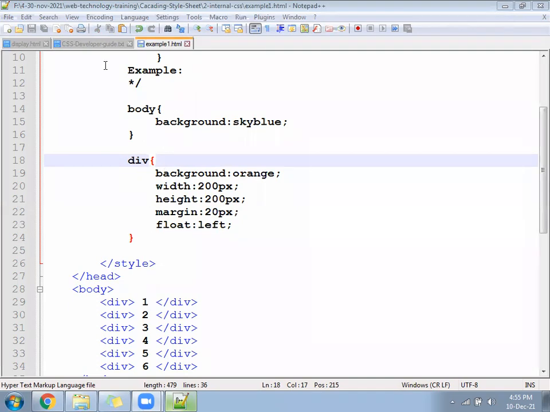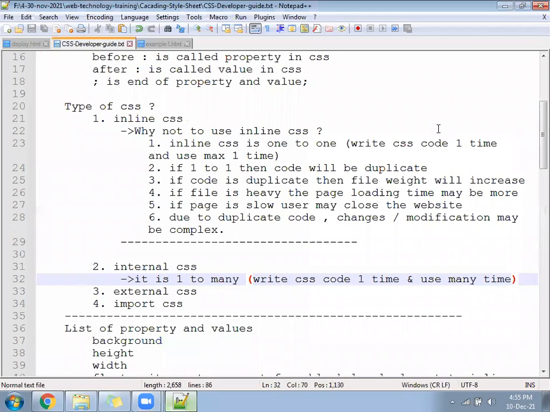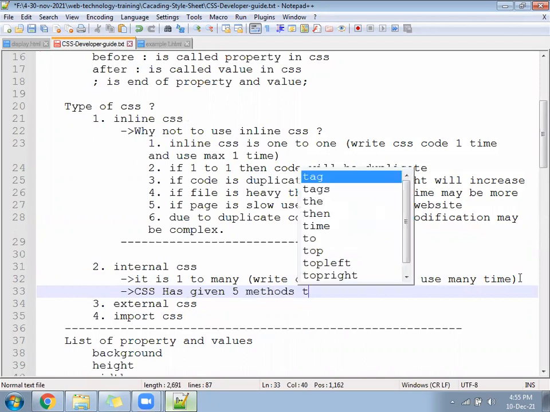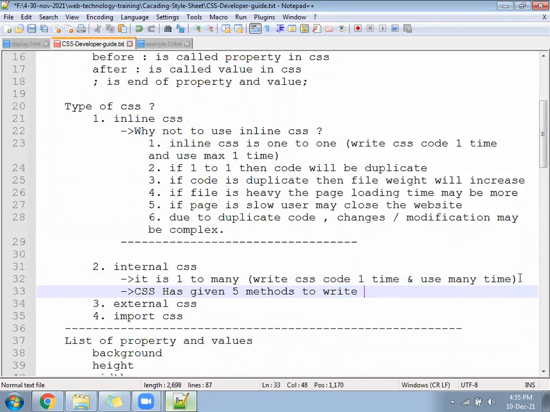Next, we need to come to the developer guide and write here: CSS has given 5 methods to write one-to-many.